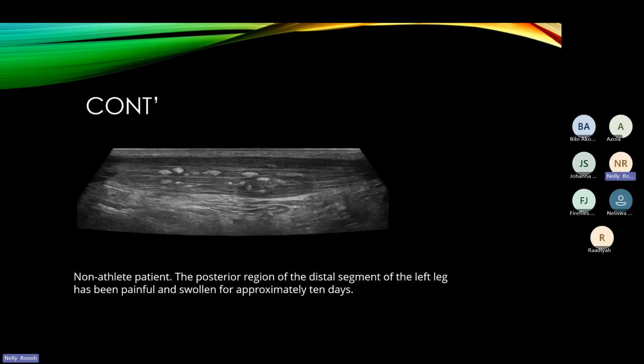And you can see here as well, this is another Achilles tendon, but you can see it has things like calcification, and this could be a chronic disease of some sort, so that each time the body is trying to repair this tendon, it forms scarring, which in most cases would look like